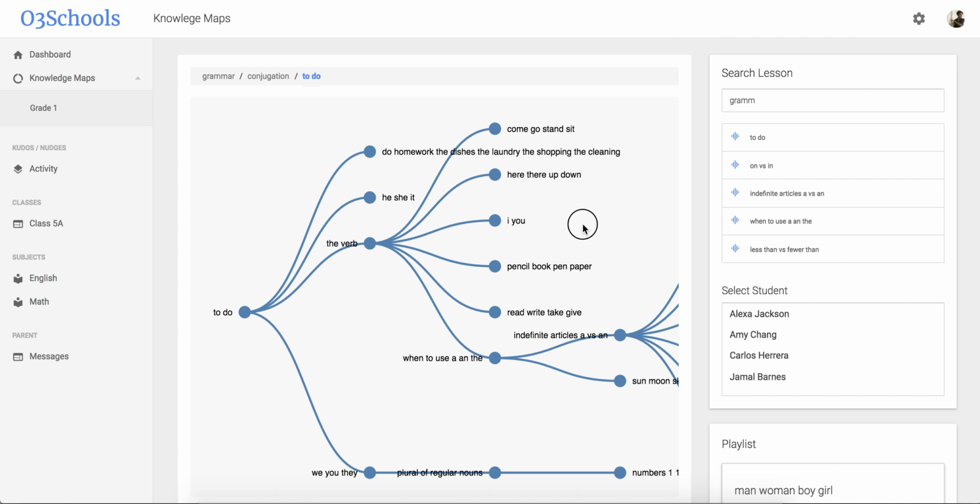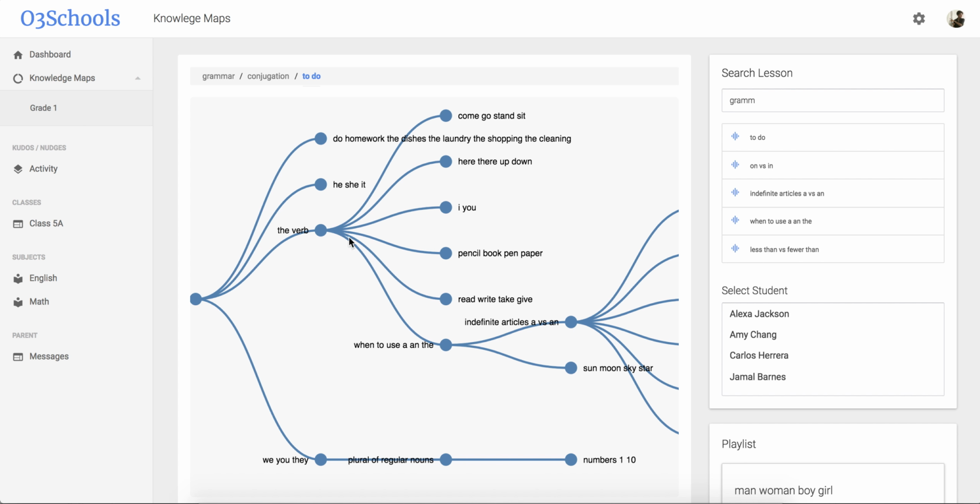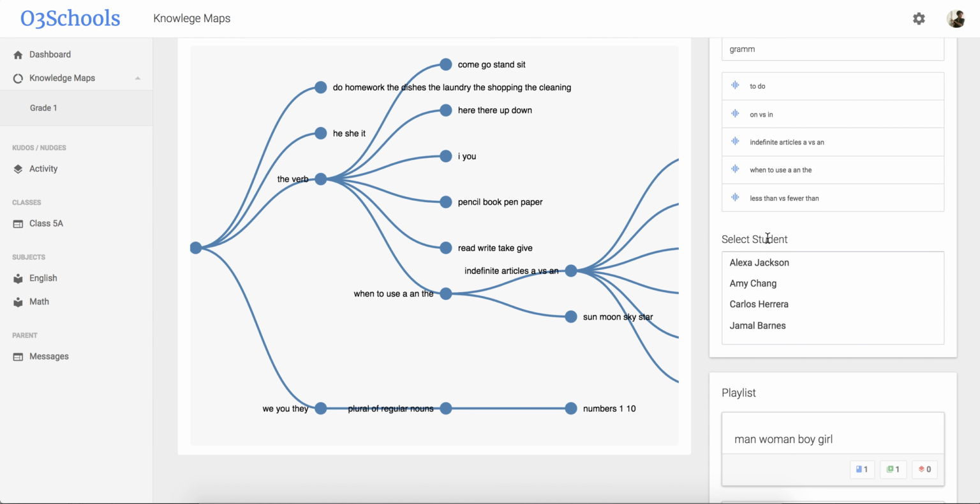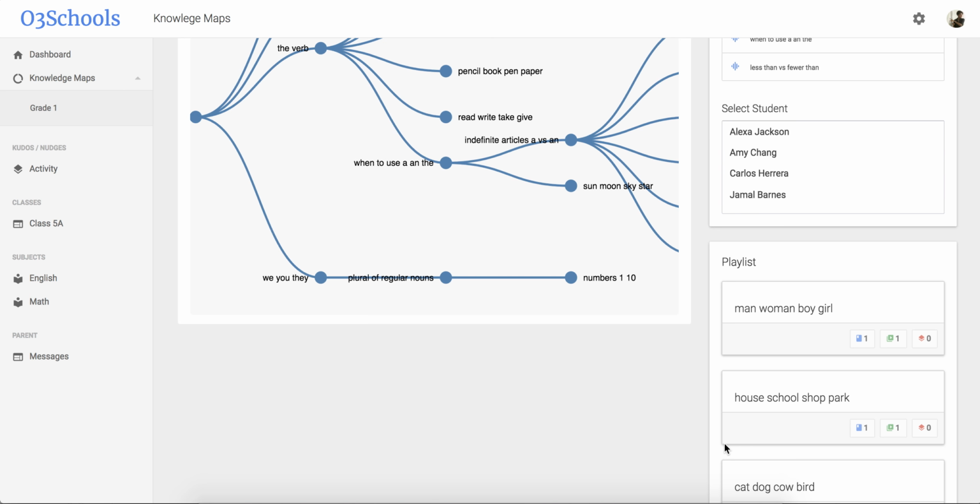Now, what is interesting is the system has ways to create knowledge maps. These are maps both that a teacher can create, but also the system can auto-generate based on historic data that we are collecting from a large volume of students. Now, what the system does is instead of giving this playlist to all the students in the class, the teacher